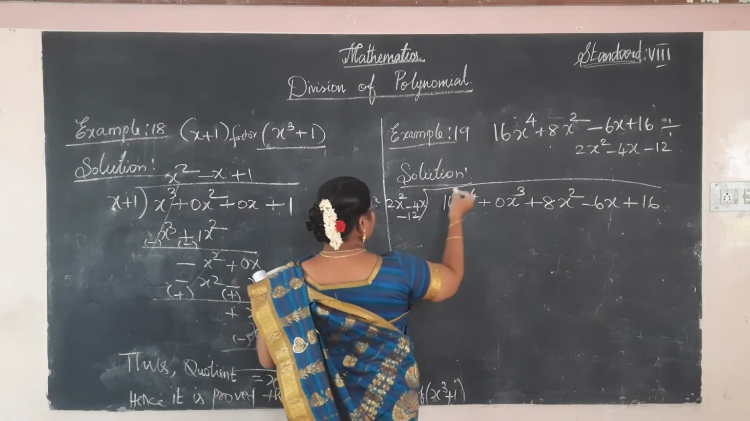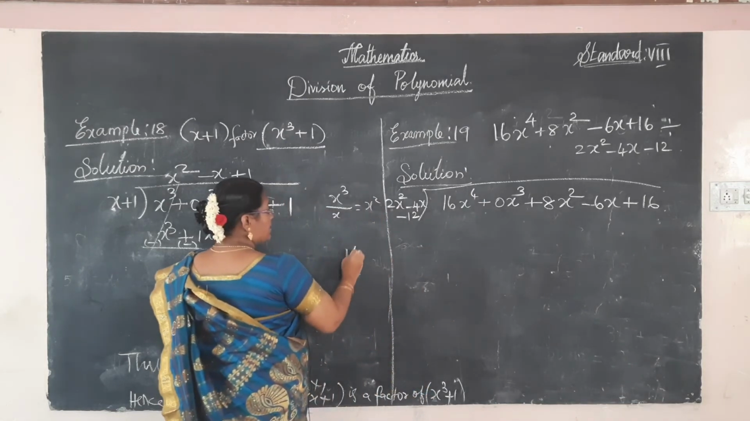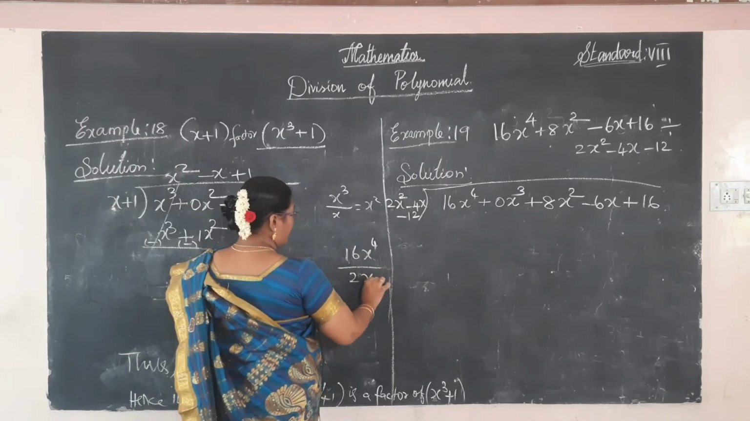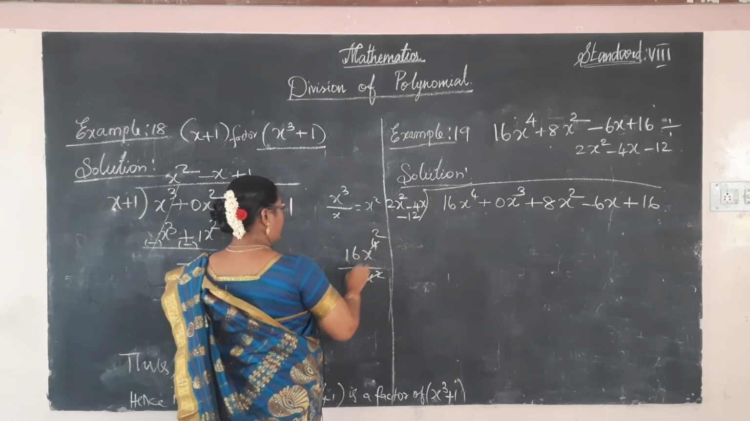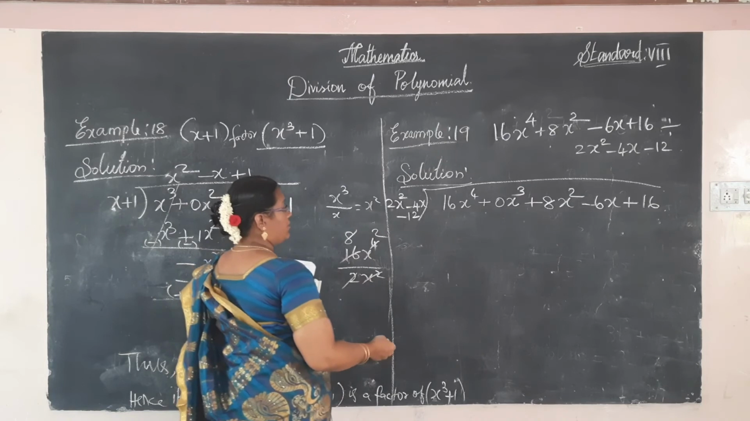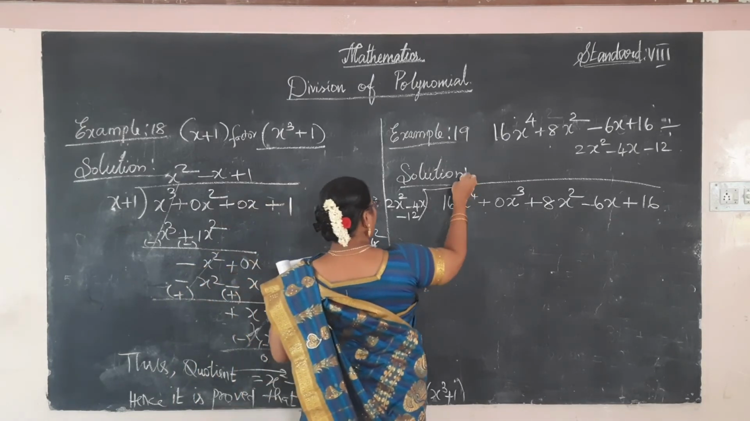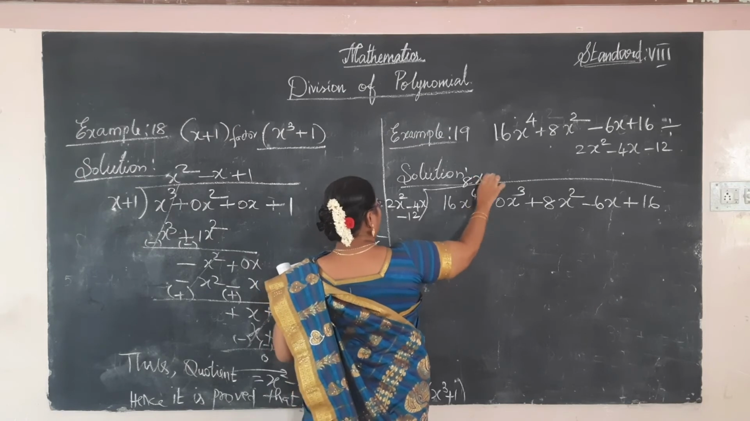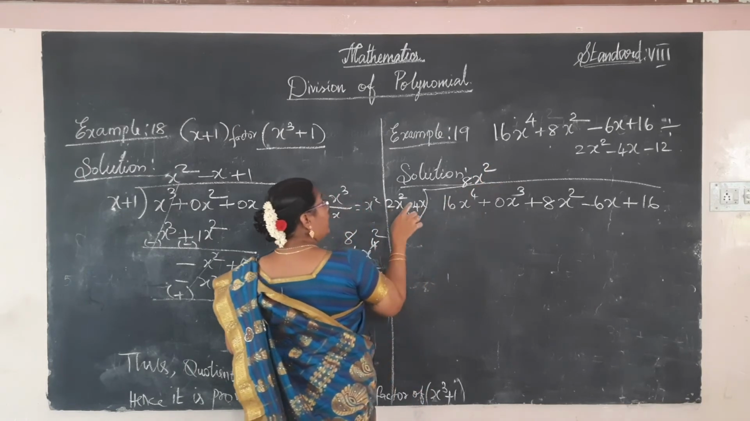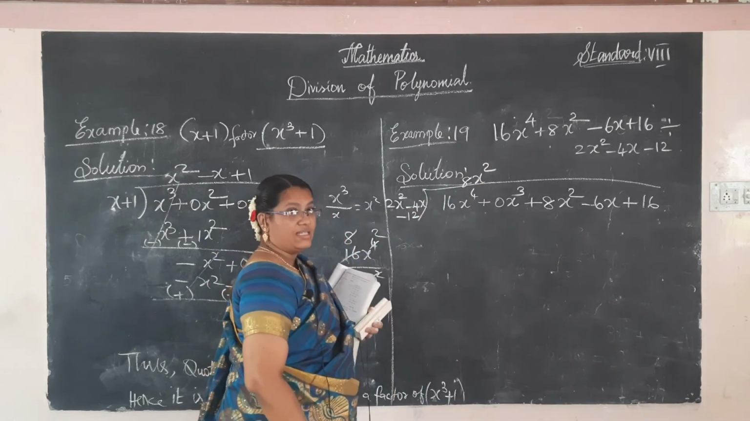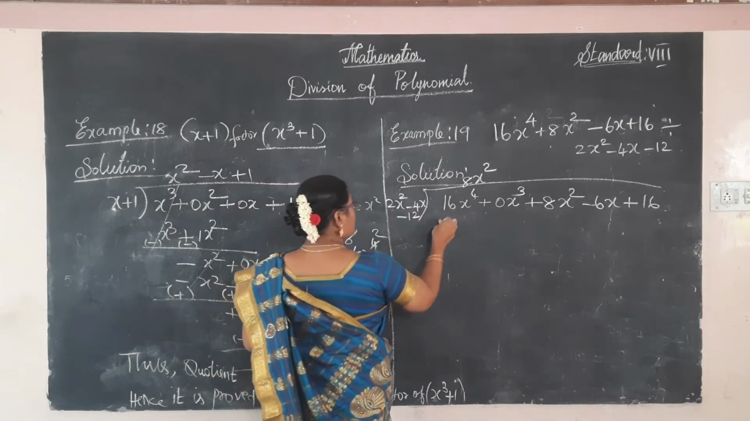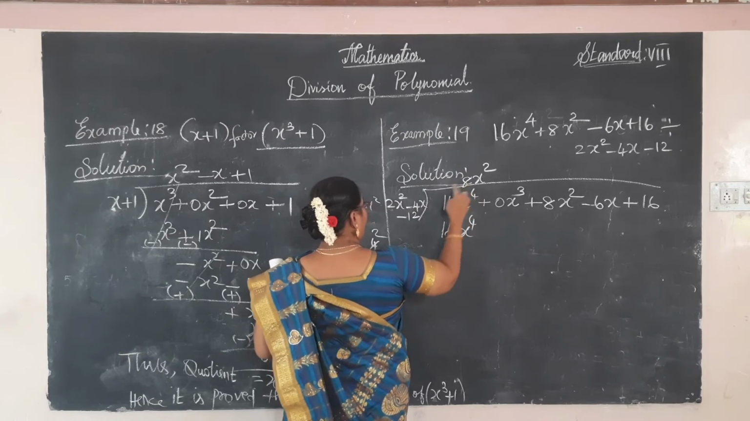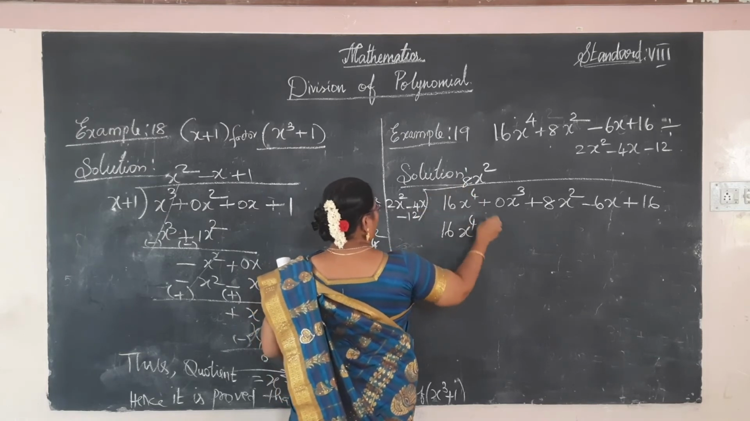What do we get? Simplify 16x^4 divided by 2x^2. The 2 cancels 8 times, so 8 is the quotient value, 8x^2. Now multiply each term of the divisor. 8 twos are 16, x squared into x squared is x^4, plus into minus, minus 8 fours are